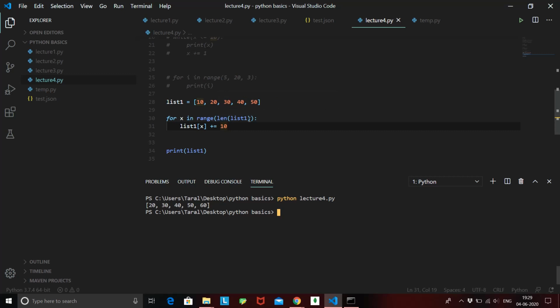The 5 is the length of the list. So this statement is basically acting as for x in range 0 to 5. Now where did 5 come from? 5 came from length of list1.